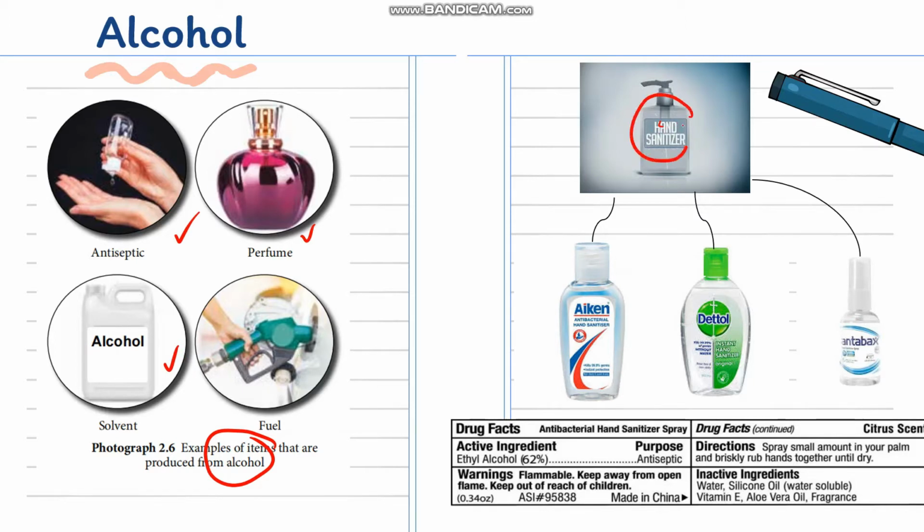the use of hand sanitizer. If you realize, there are different types and brands of hand sanitizer available now, such as Dettol and Antibac. If you look at the content of hand sanitizer, one of the active ingredients is ethyl alcohol, which is 62% here. Usually the percentage of alcohol in hand sanitizer will be more than 60%. That fulfills the requirement of KKM, or Kementerian Kesihatan Malaysia,